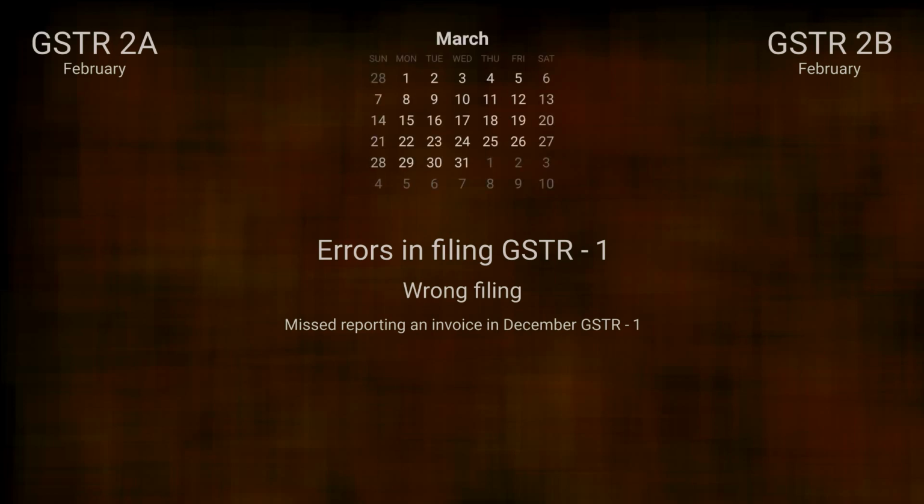So resultantly, your supplier uploads this invoice information along with all his other invoices of February in February month's GSTR 1 return. February month's GSTR 1 return is typically filed on or before 11th of March. So since it is filed on or before 11th of March, this particular missing invoice that has been uploaded in February's return gets reflected in GSTR 2A of February as well as 2B of February.